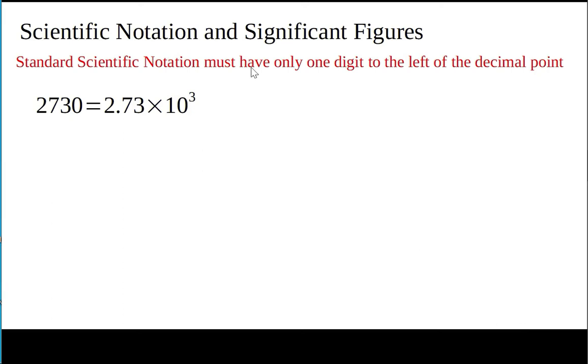Now we want to look at scientific notation and how it helps with significant figures. So let's look here. First of all, we want to learn how to write, or revise how to write, something in scientific notation. If you have something like this and you are to write it in scientific notation, in a standard scientific notation, you have only one digit to the left of the decimal point. So what you have to do in our case here is to move this